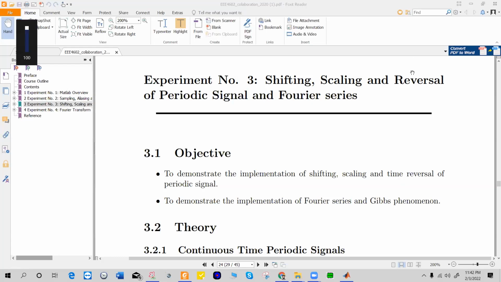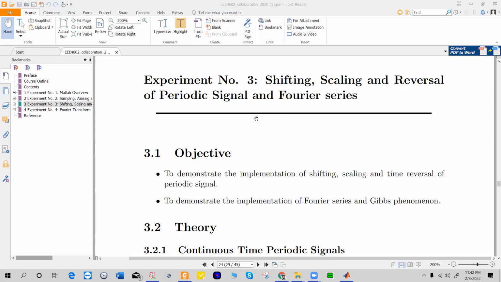Hello everyone. So welcome to our experiment number 4, that is shifting, scaling and reversal of periodic signal. And then we'll talk about Fourier series as well. So as shifting, scaling and reversal is already been covered in the theory class, in this class, we'll mainly verify the theory part using MATLAB